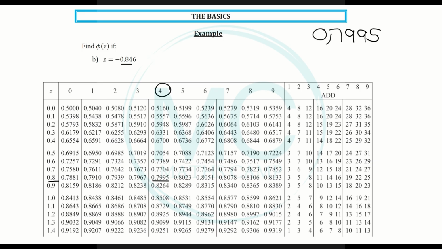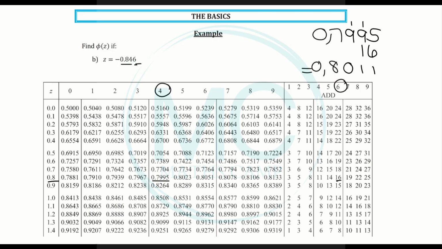0,7995. But z has a final digit of 6. Go to the far right column. I have 6. Move down, and I see that I need to add 16. Let's say plus 16. And I get 5 and 6 is 1. Carry the 1, 9 and 10 becomes 11. Carry the 1, this becomes 0 and 8. And I get